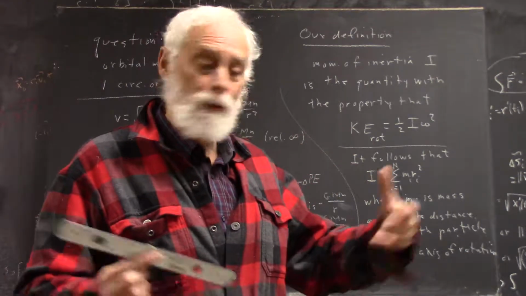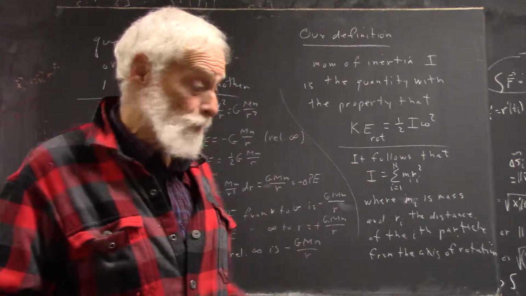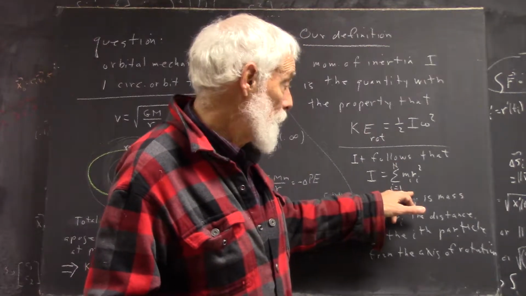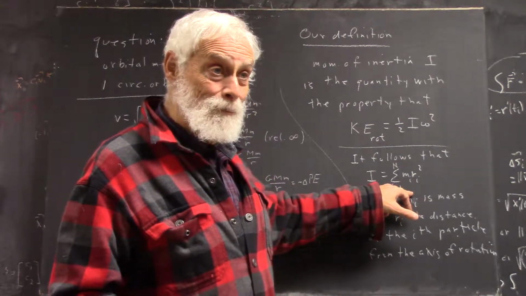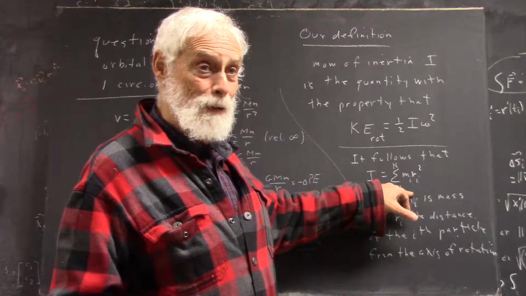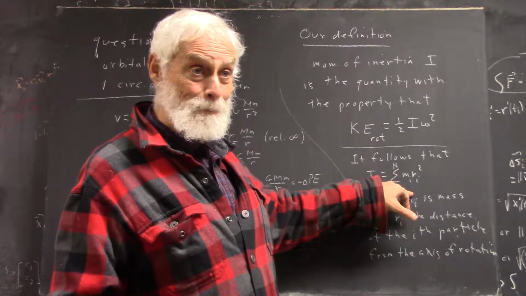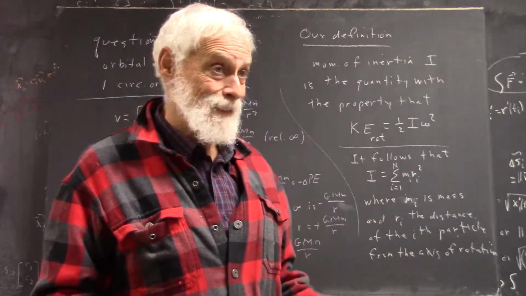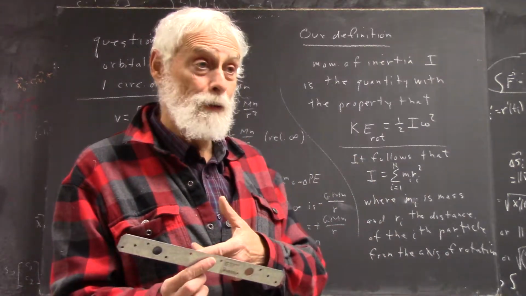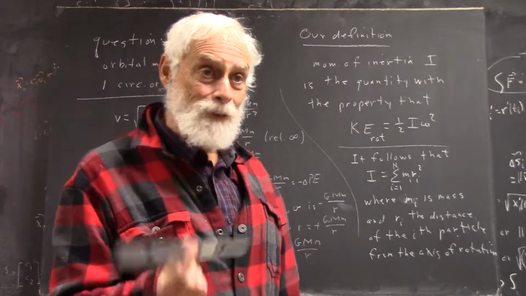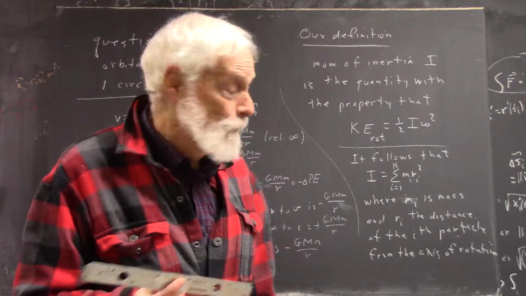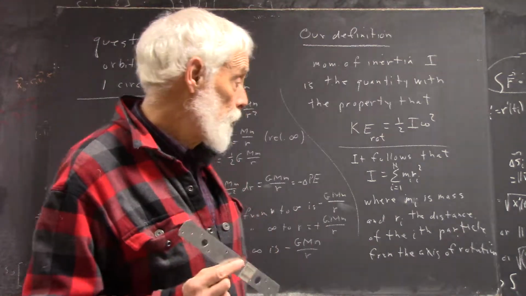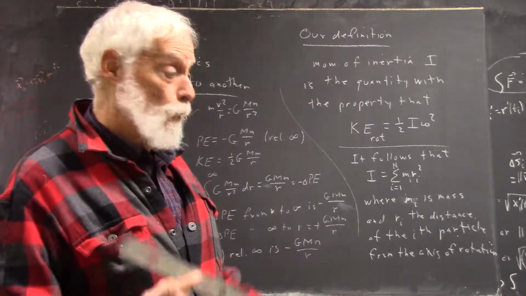The person did a really good job finding centers of mass and so forth, and just got a little confused about definitions. You have to add up all the MR squareds, and there are no negatives to balance any positives. All the MR squareds of every particle could be 0 only if it's right at the center of mass. Other than that, it's going to be non-zero. So you have the problem of figuring out the moment of inertia of one of these things. You do have a formula, but